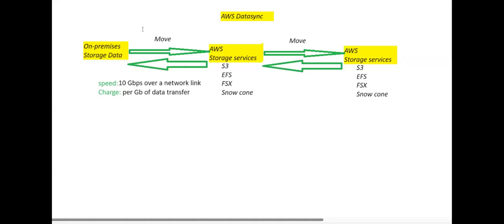In real time, how does the connectivity happen between on-premise storage and AWS? What happens is you need to install the DataSync agent on premises. After installing this DataSync agent on your on-premise,